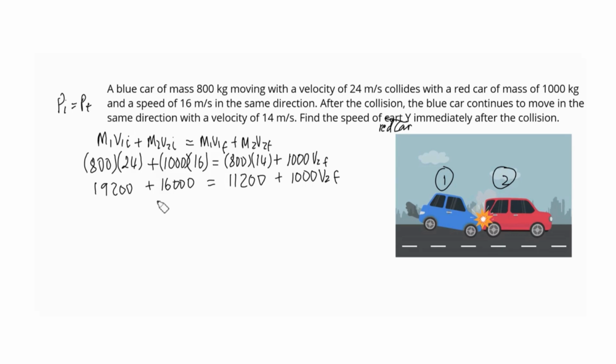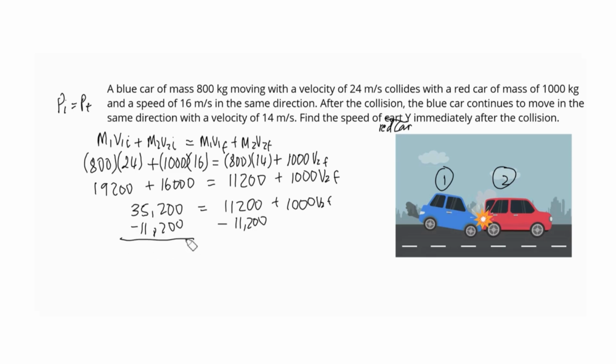Combine these together, 19,200 plus 16,000 gives me 35,200 is equal to 11,200 plus 1,000 V2F. Subtracting 11,200 from both sides,